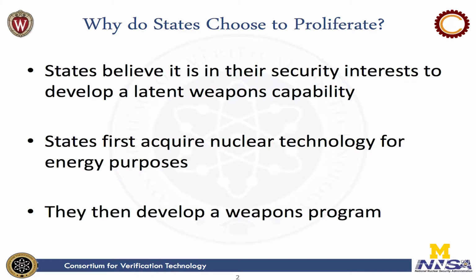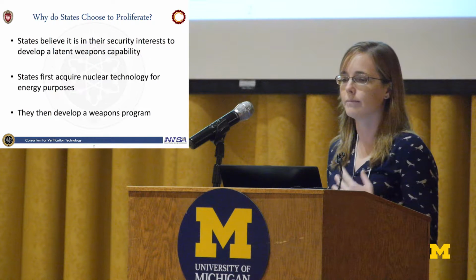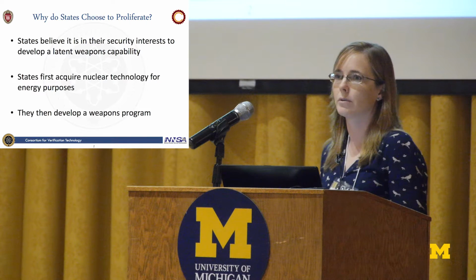So in order to understand, the question that we're trying to answer in this research is, why do states choose to proliferate? And the ultimate goal is that if we can understand why states proliferate, then hopefully we can come up with policies and ideas to change those motivations and change the future of what nuclear proliferation may look